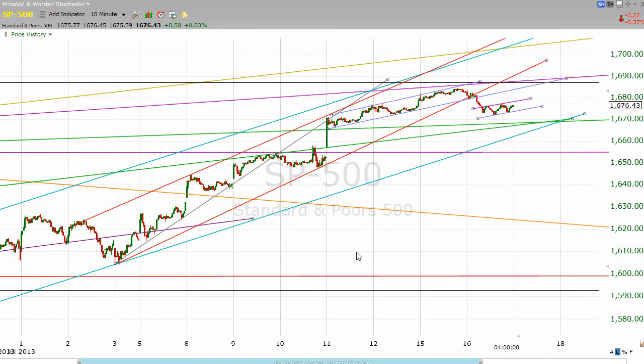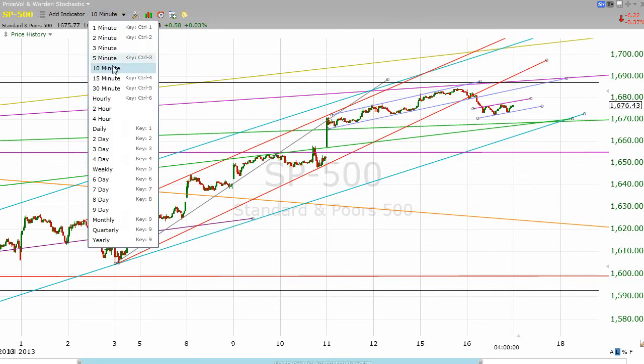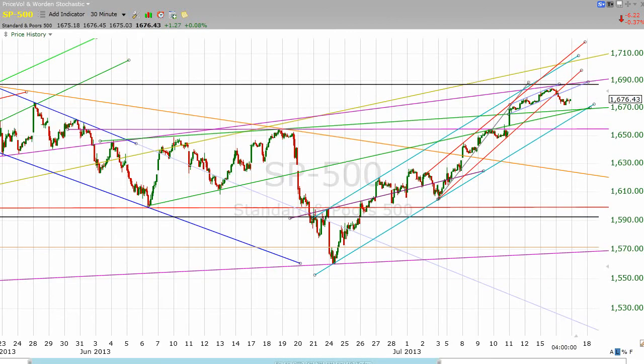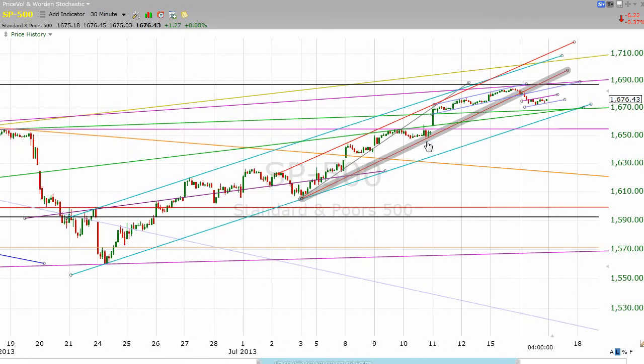So guys, I don't think we can ignore the fact that we're seeing some of these smaller channels break. But remember that the purpose of these smaller channels is typically to take us from the bottom in the larger channel to a spot where we begin to meet some resistance. Now, with the breaking of that intra-channel support line, I'm going to move this upper line just a little bit,